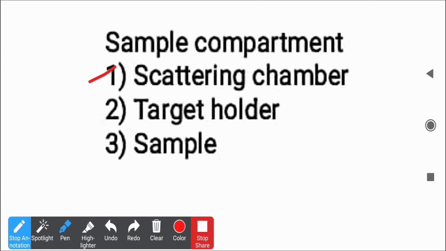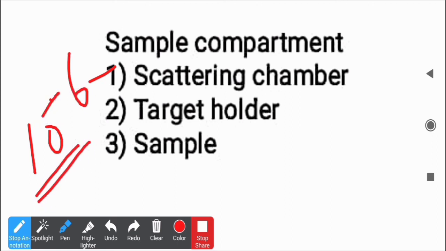Since the target chamber in this technique is highly evacuated, the pressure is around 10 raised to minus 6 torr. This much low pressure is used in this highly evacuated chamber. So it is preferable to prepare a rotating target holder so that many different samples can be loaded at the same time, and one must be able to place a particular target facing the beam by manipulating the target holder from the outside.